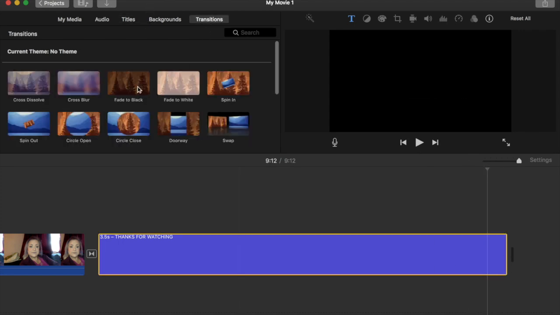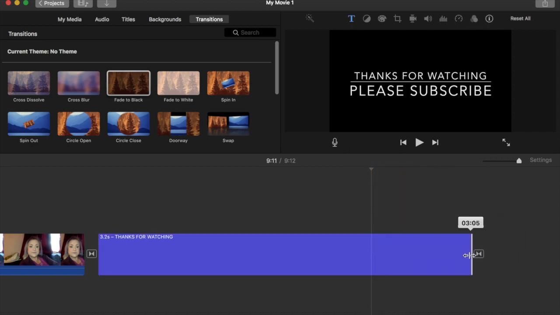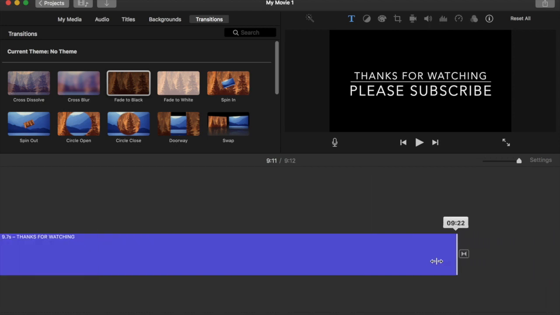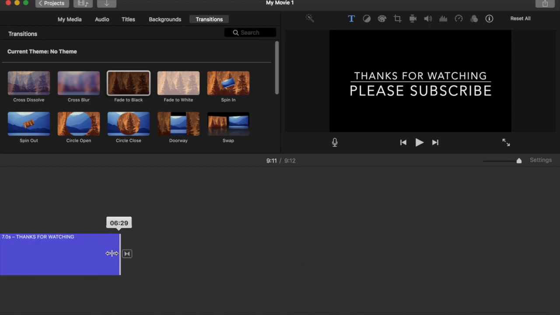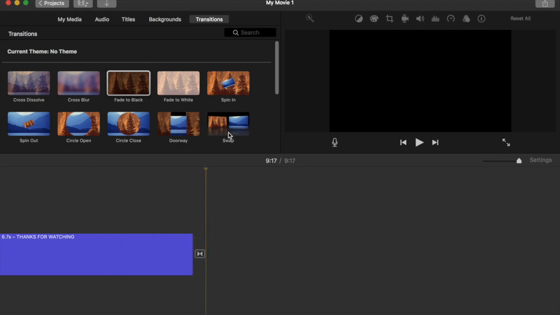I always put a fade on the end of the titles because it means I can control how long the fade is. And I want my final fade to be around about 6 seconds long. Just gives enough time for the music.